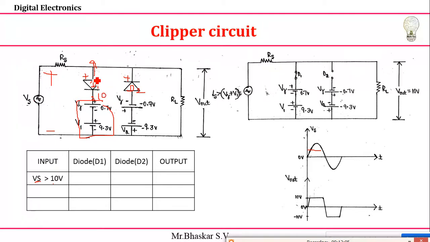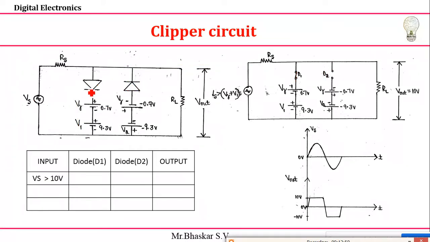If the anode voltage is greater than the cathode voltage, yes, forward biased. That's why you can easily see the equivalent circuit: I'll make this a short circuit. Now similarly, for the same voltage, how D2 will act is also very important to analyze. Here you can see that if the cathode is connected to positive, then definitely diode D2 will be reverse biased. If reverse biased, it acts as an open circuit, which means current does not flow here. Okay, then just analyze this one.